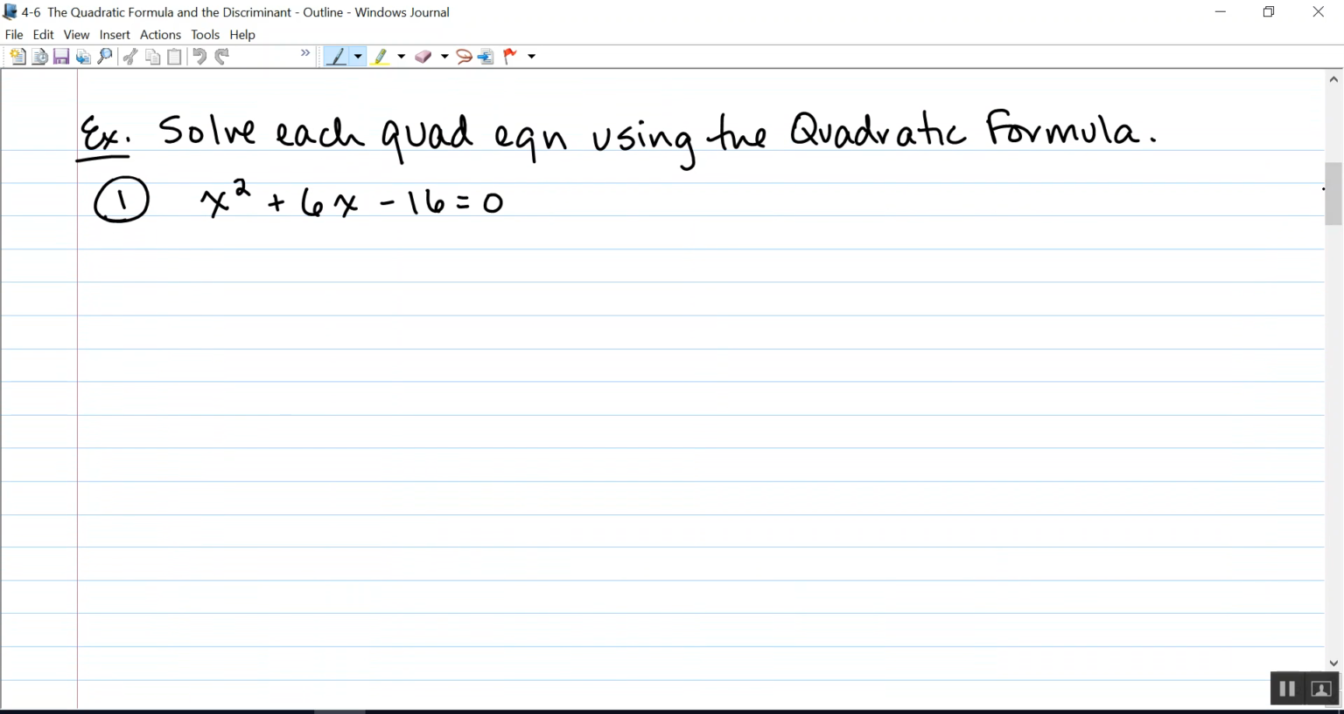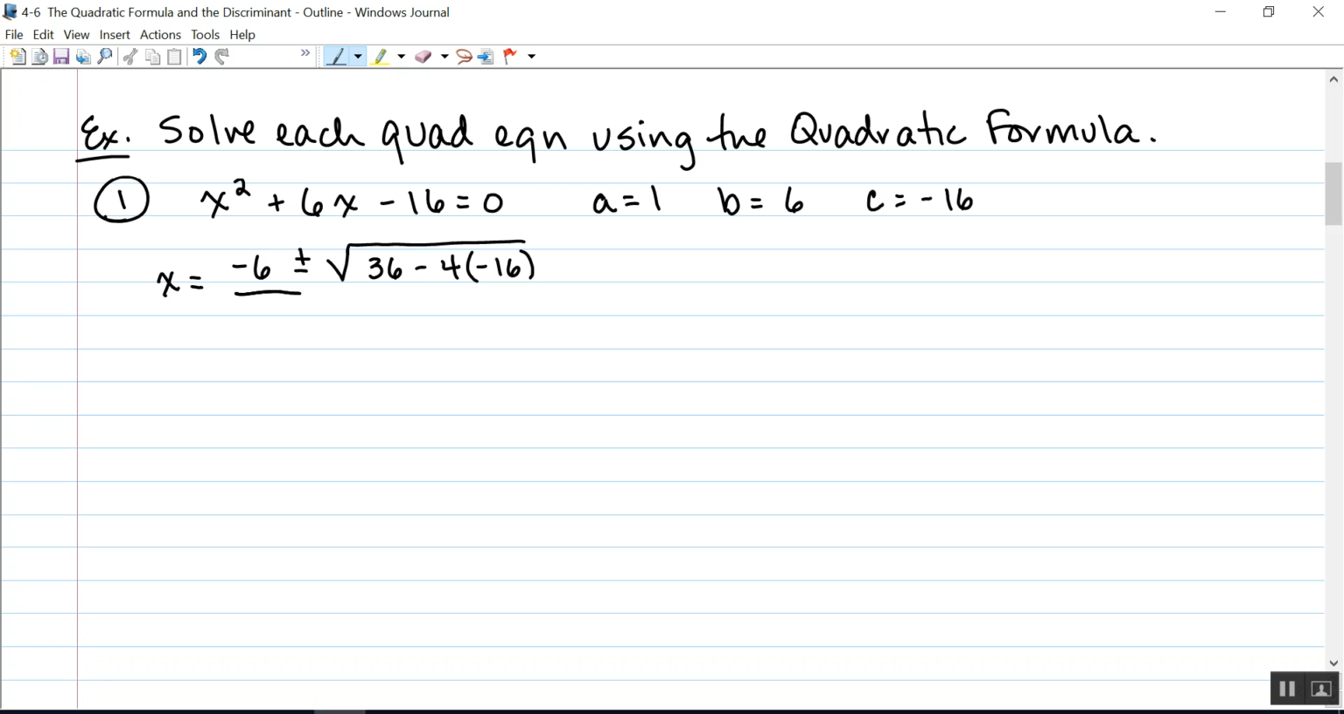Solve each quadratic equation using the quadratic formula. I find it helpful to start by identifying a, b, and c. So a is 1, b is 6, and c is negative 16. So x is equal to negative b plus or minus the square root of b squared minus 4 times a times c, and I'm not going to bother to multiply by 1, all over 2a. So that's going to give me negative 6 plus or minus the square root of 36, negative times a negative, plus 64